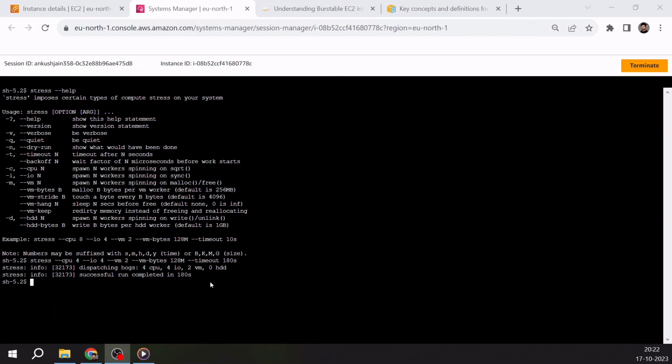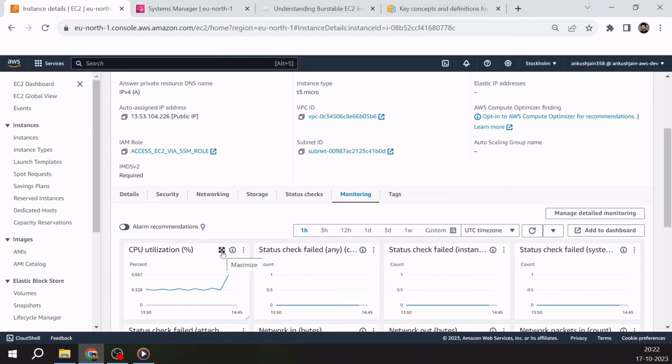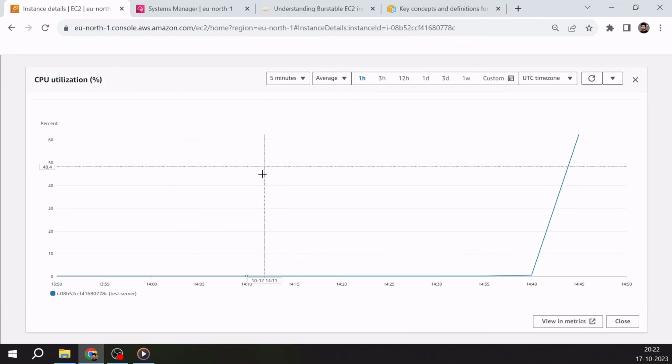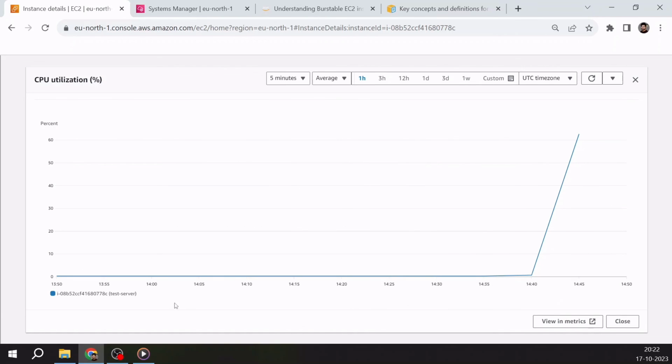So now we are done with the load test, and I waited around 5 minutes, so 3 minutes was taken by the load test, and I waited 2 minutes so that these metrics get stable. Now we can click on CPU utilization. You can see earlier the CPU utilization was nearly 0%, but if I set the local time zone, you can see at around